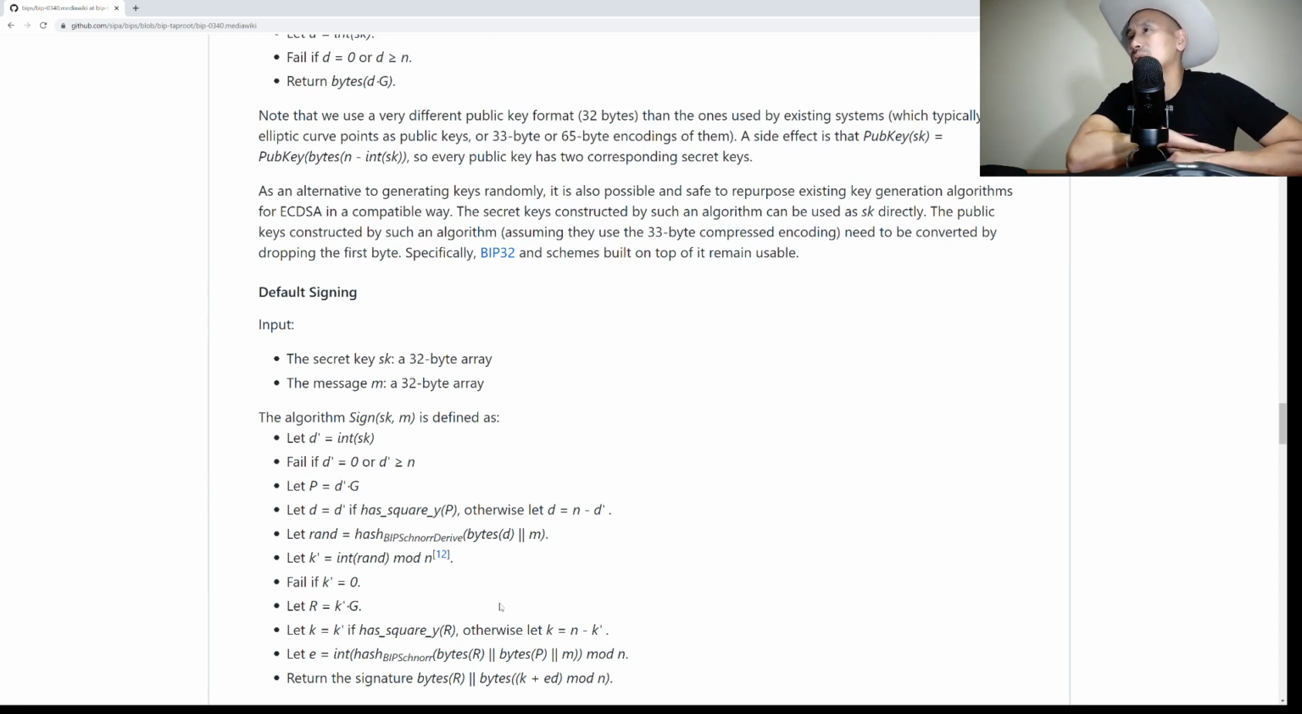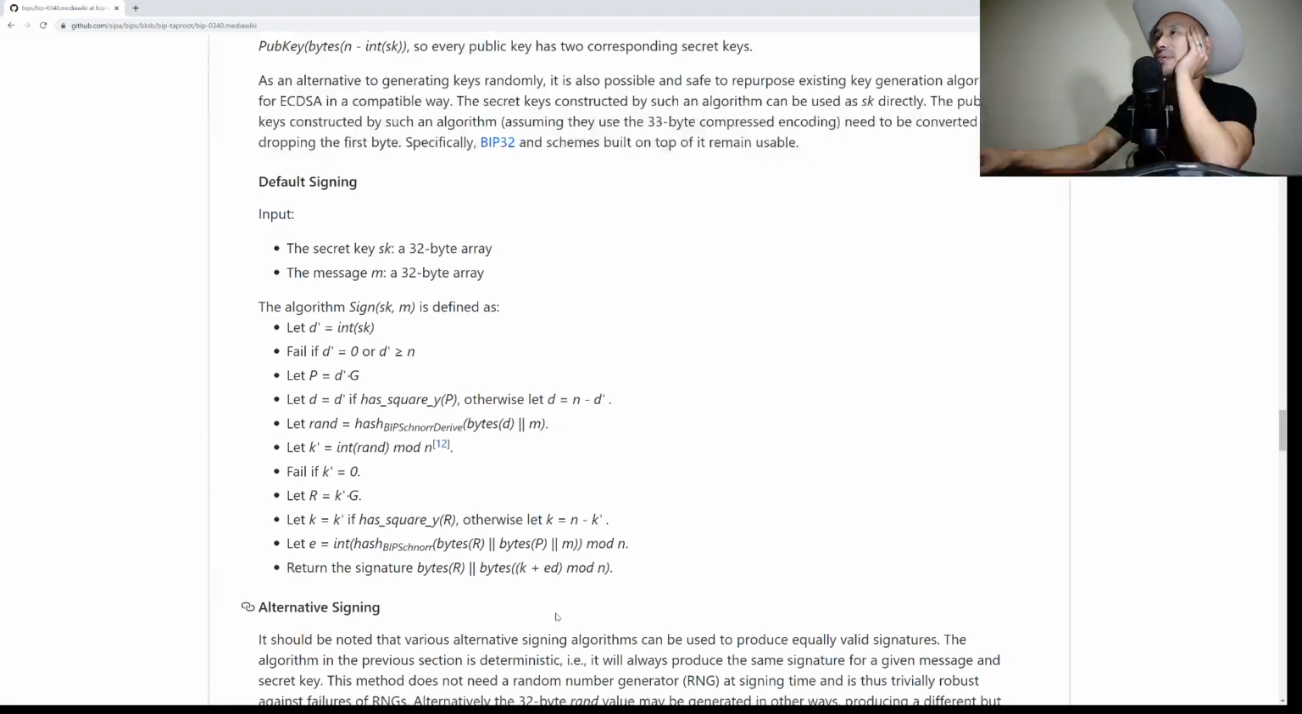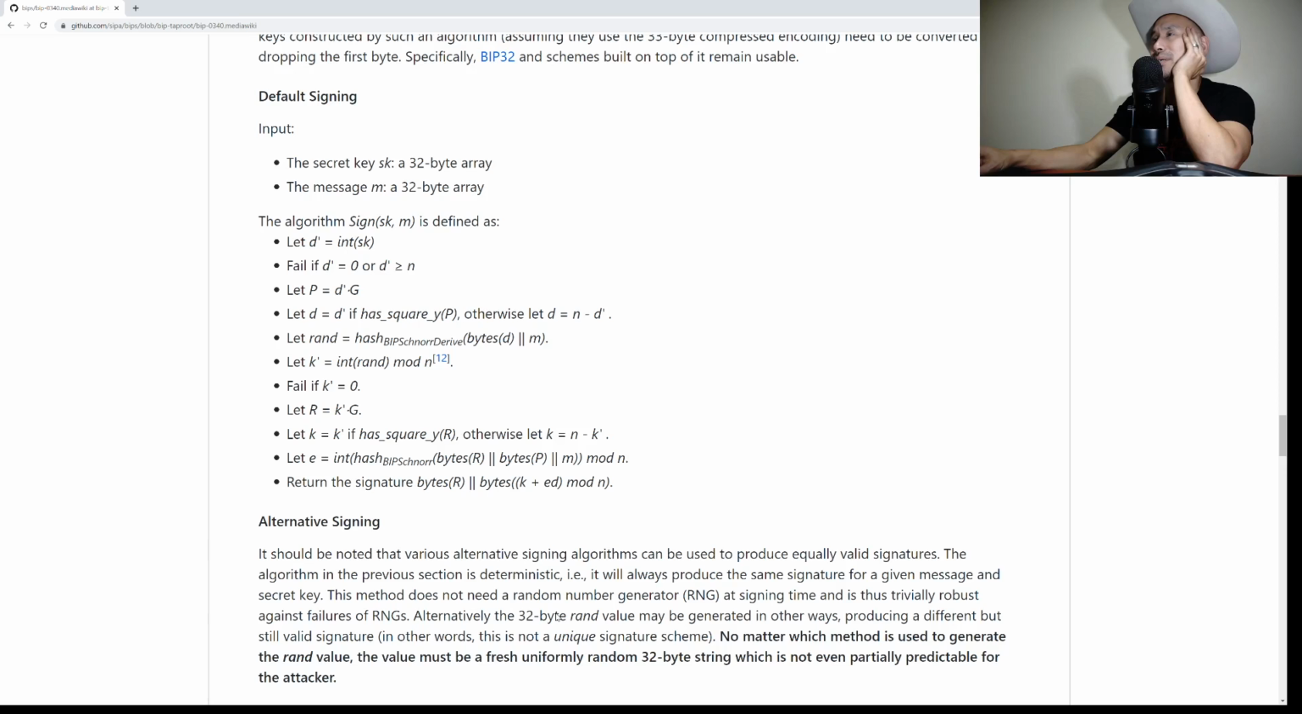Let rand equal hash BIP0340/aux... er, the BIP Schnorr derived hash of bytes(d) concatenated with m. Okay, let k' equal int(rand) mod n. Fail if k' equals 0. Let R equal k' times G. Okay, so yeah, I mean it's not gonna fail there. Let k' equal the integer of rand. Okay, so you want a mod by n after interpreting it as a big endian integer, and this is the key here,